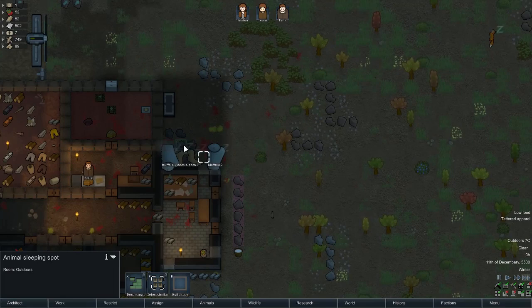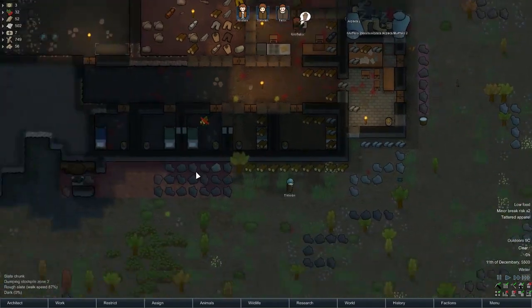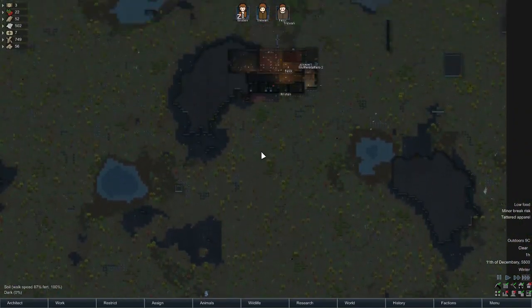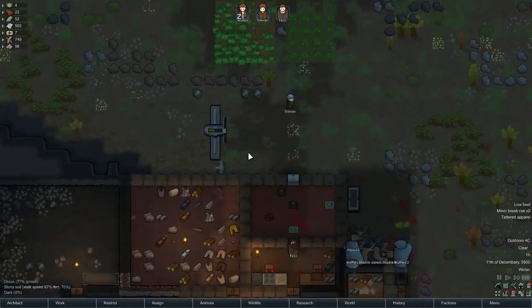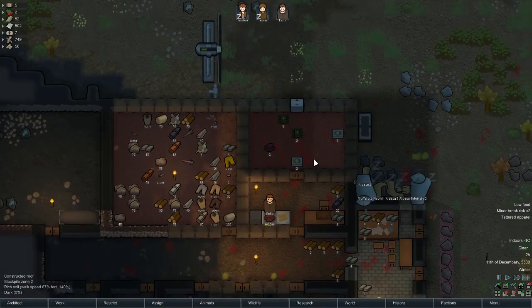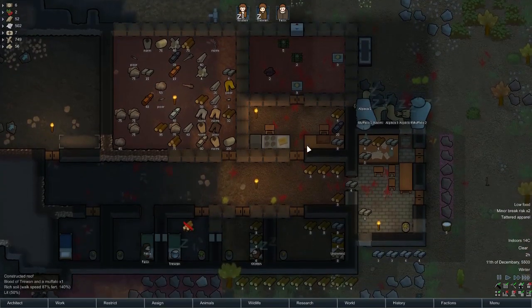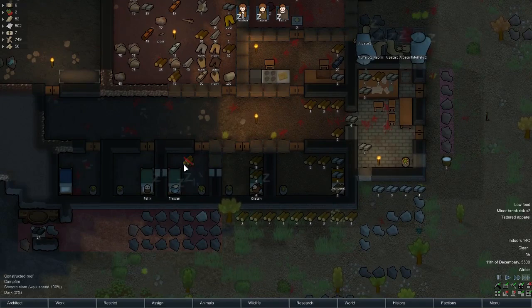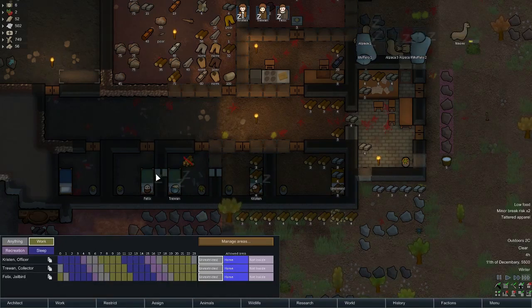Just build a few more animal beds that everyone can come in and rest up, mostly so that they don't spread out around the map. Okay, we got food coming in, meals are being made. All is good. Though, do need the campfire to be refilled, but I guess that is a problem of the...